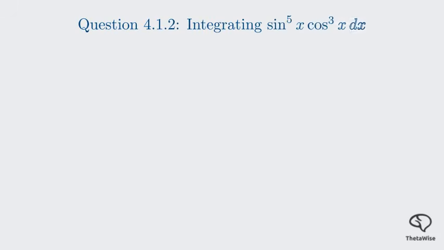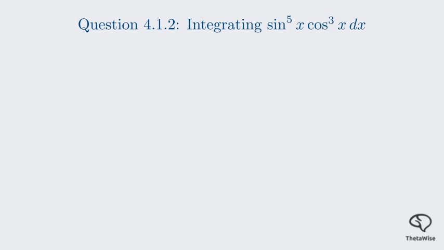Next is question 4.1.2, a trigonometric integral. These can often be solved in a couple of different ways. Let's explore the first method shown in the memo. The strategy for integrals of the form sine to a power and cosine to a power is to use the Pythagorean identity. The general rule is, if the power on sine is odd, save one sine term and convert the